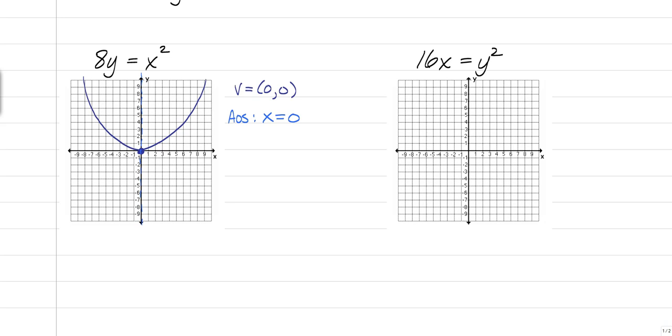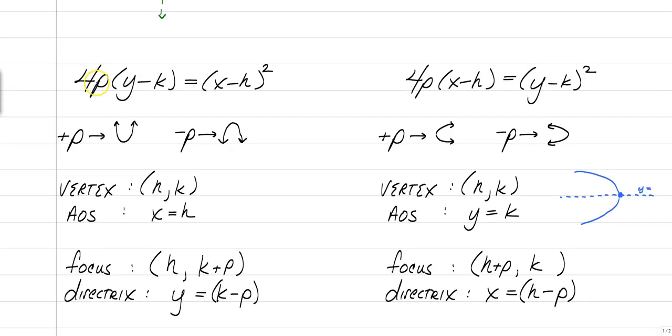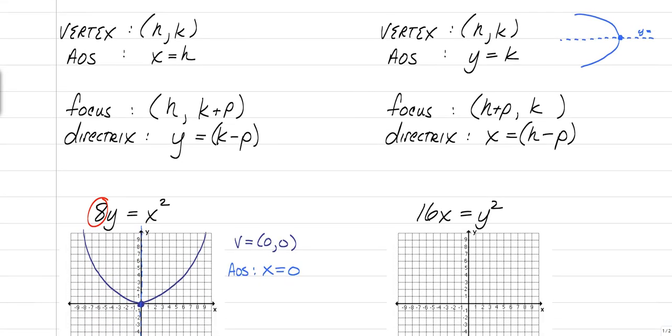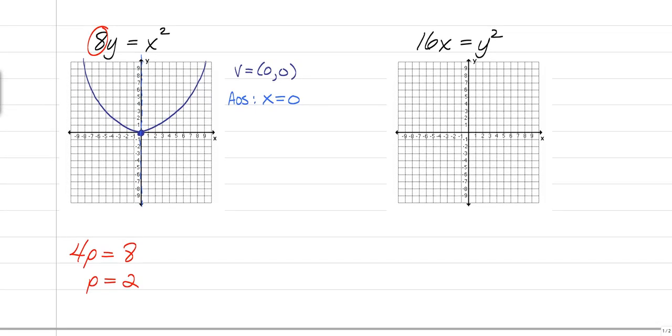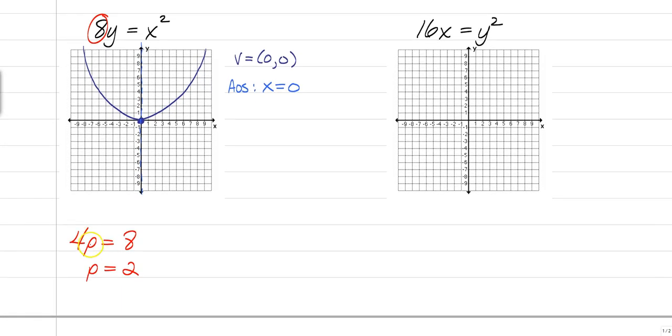So now the two new points. The first thing we have to do is find our p-value. To do that, we're going to set this number equal to 4p. So 4p is equal to 8. So p is equal to 2. Now that was in the formulas up here. We have 4p in front of the parentheses, 4p over here. So it's not going to say 4 times 2. It's just going to say 8. So it's going to be your job to set this number equal to 4p and find out that the p-value